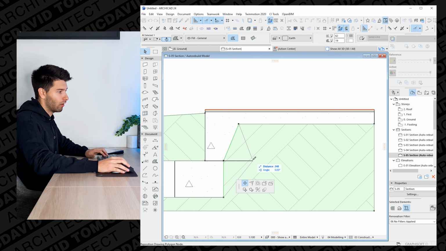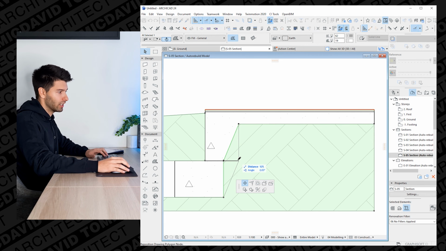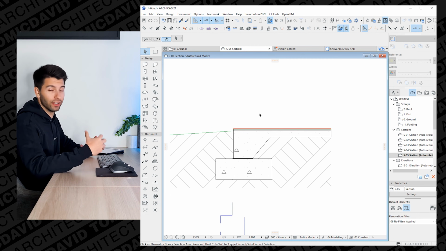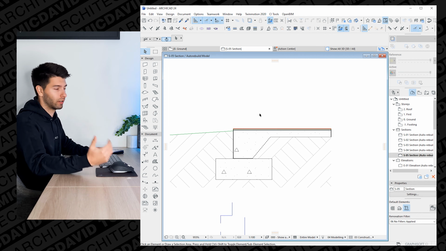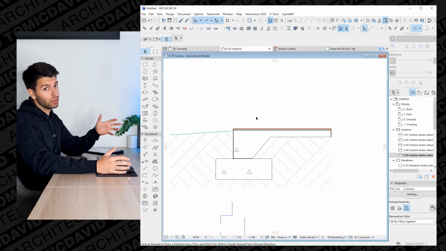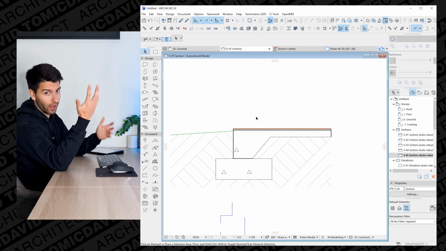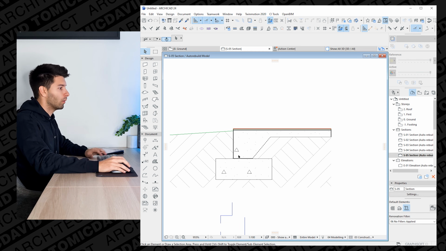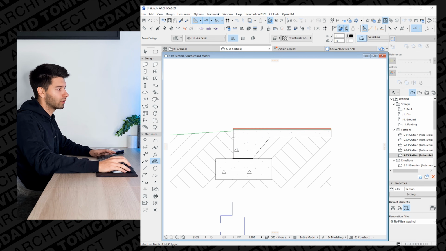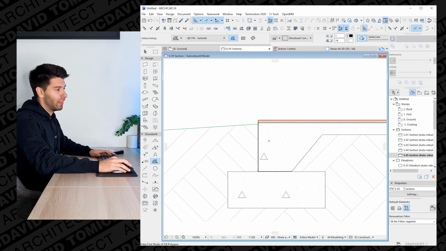Now I can finish off my earth hatch adjustment accordingly. Okay, so now we have the commencement of our tilt up concrete panel. The fundamental principle of tilt up concrete is form that concrete panel on site and tilt it up, hence the name. What we're going to do now is I'm going to use the Alt command to select this pattern again